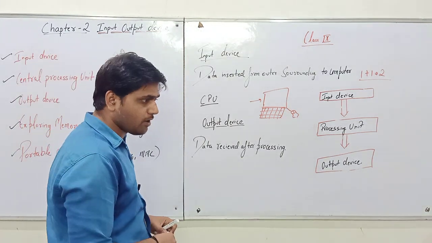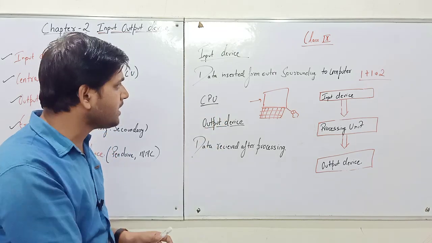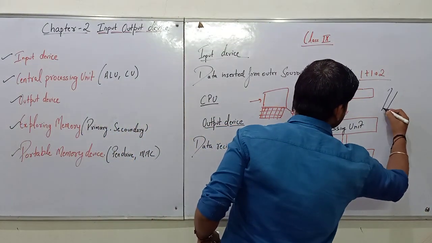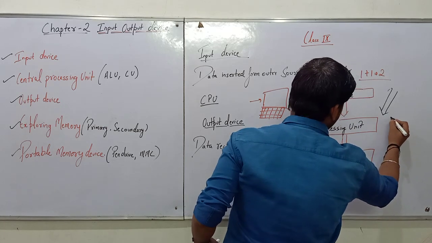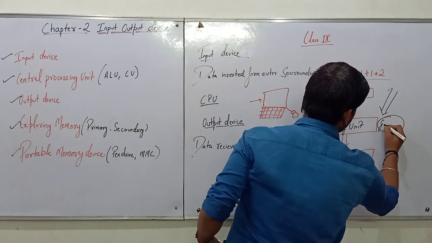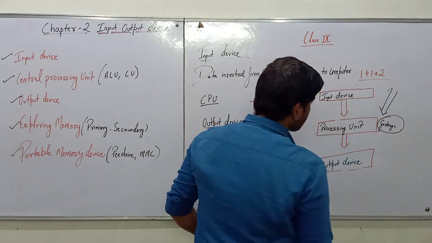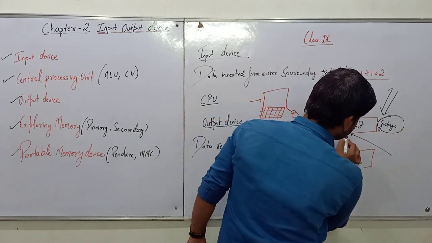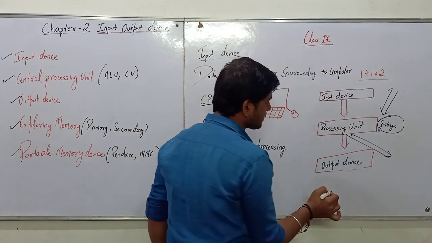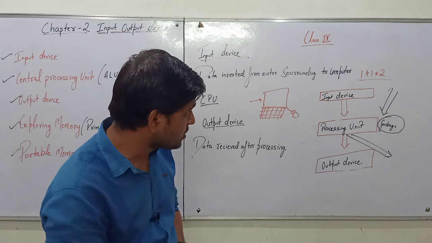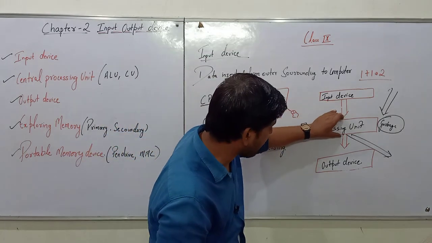Now again, in different words, let us understand: an input device is a way in which the hard copy or the data which we can see is inserted into the computer system and processed. If you give garbage values, then garbage is processed here, and after that you get the output of whatever data you inserted into the computer system. Means if you have inserted a program, a set of instructions, then those instructions will be processed and the command will be carried out.